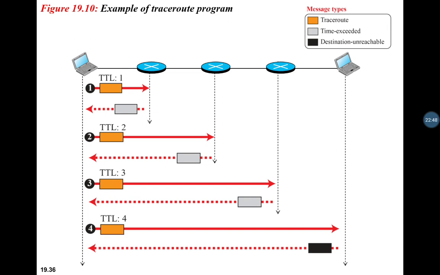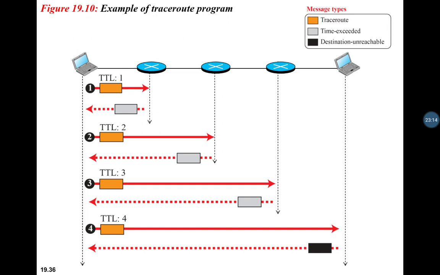Next, the second trace route message is sent with the TTL 2 now. So once it reaches the first router, it gets decremented by 1. Once it reaches the second, it gets decremented to 0. When it is decremented to 0, even the second router sends back the reply with the time exceeded message. So even this is done intentionally, and the router 2 IP address is also recorded. Similarly, the third is also done.